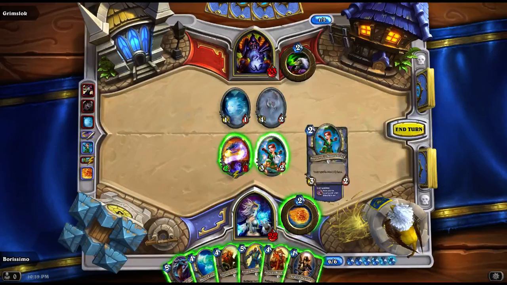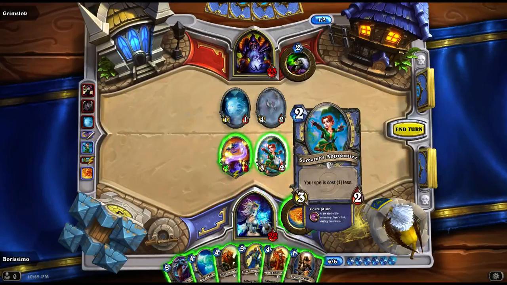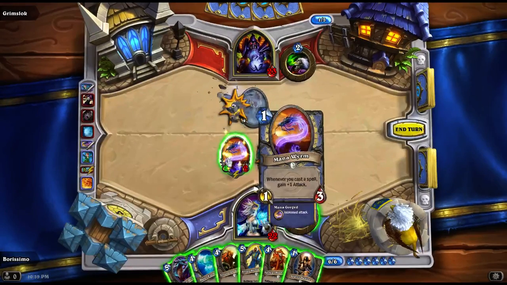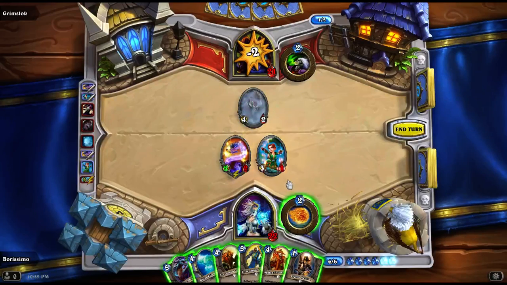I don't actually care that much about saving this, I don't think, just because this is gonna die potentially. This is just gonna die anyway. So yeah, what we'll do is we'll use this to kill the Wisp. We'll wish that my Mana Worm could trade for the Panther. Just call it a day. And then, oh